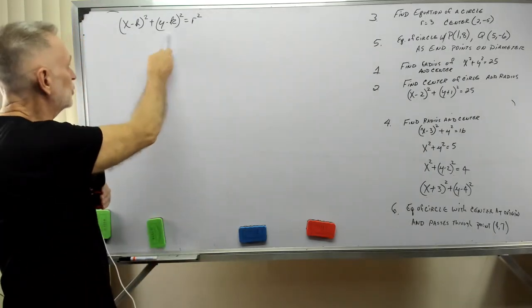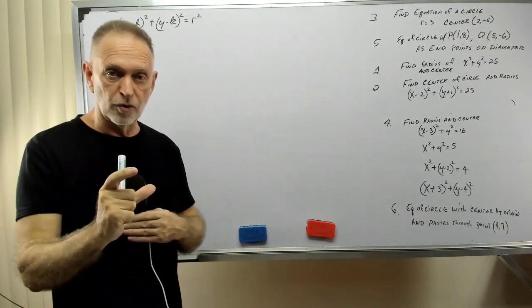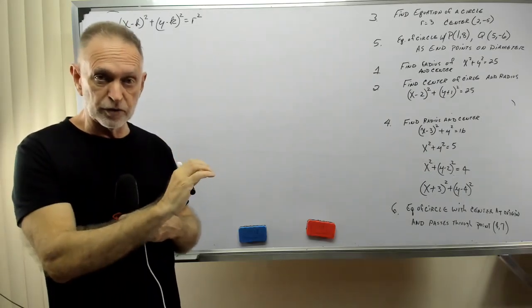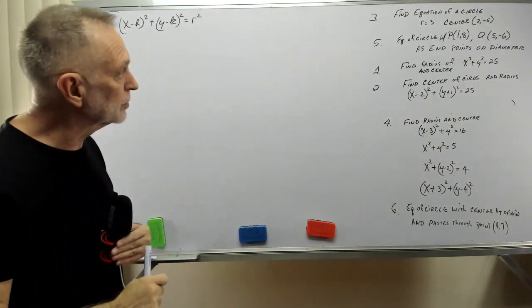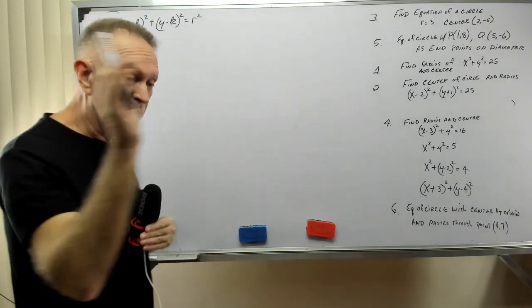Okay, (x minus h) squared plus (y minus k) squared equals the radius squared. Now what is h and k? That represents the center of the circle, because not all circles are at the origin where it's 0, 0. They may be somewhere else. So I have a few problems here. Let's work through that. Oh, but before we do,